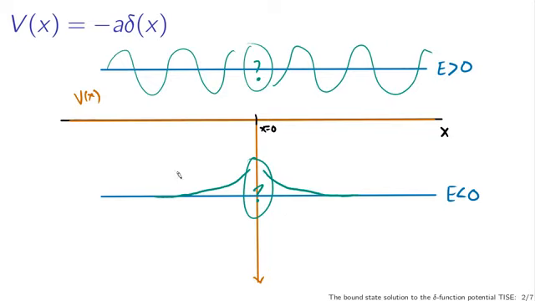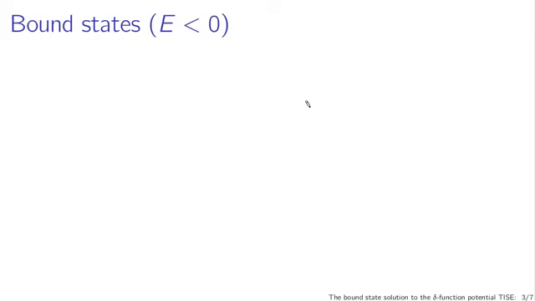But first of all, let's consider what the solution looks like away from the boundary. And in this lecture, I'm going to focus on the bound state, the state where the energy of the state is less than 0. For the bound states, energy less